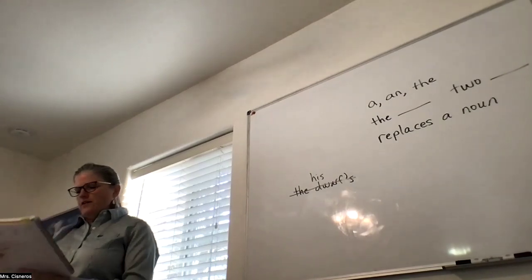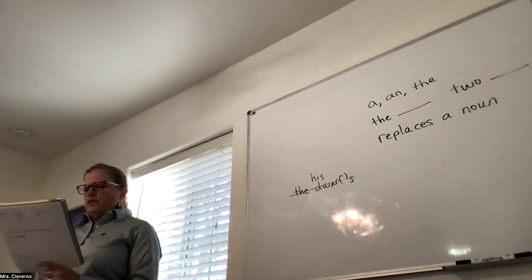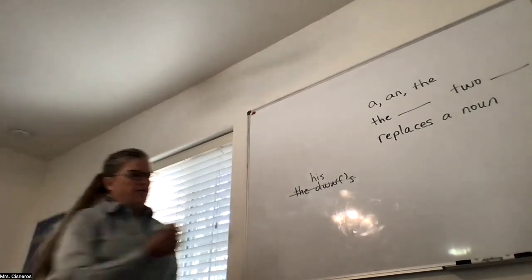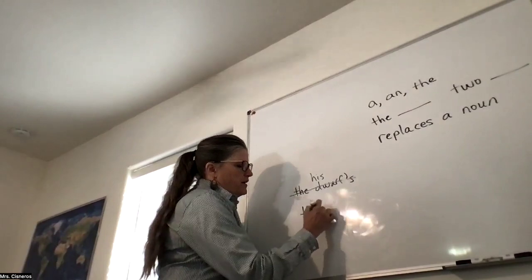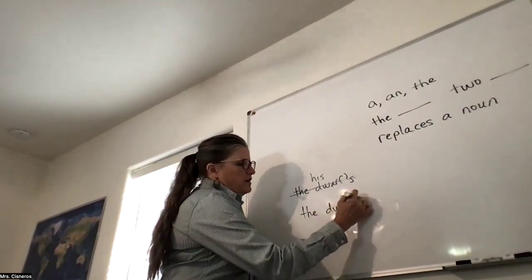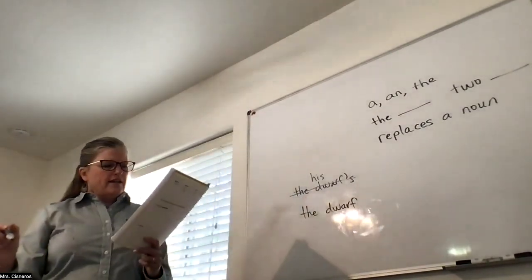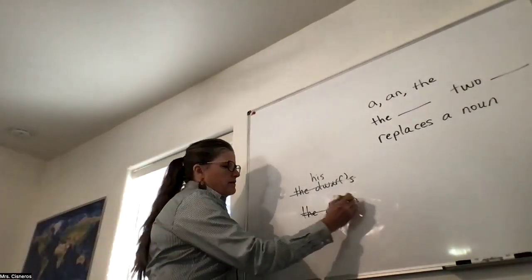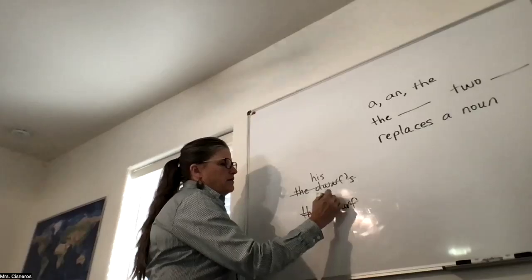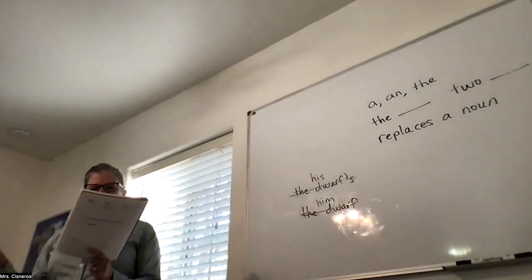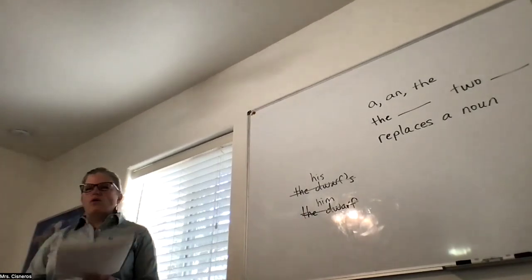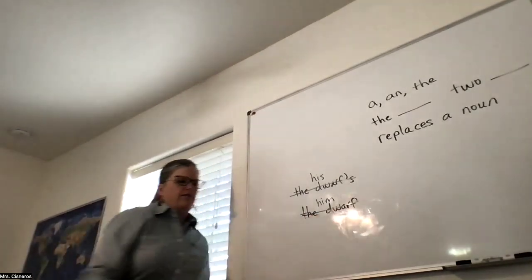The next sentence says, the jacket and boots kept the dwarf warm. So here we have the dwarf again. We need to fix that. What pronoun should go there? Him. So it says the jacket and boots kept him warm. He. No, that makes sense. Him is right. Kept him warm. So that second sentence where it says the jackets and boots kept him warm. So draw a line through the dwarf.